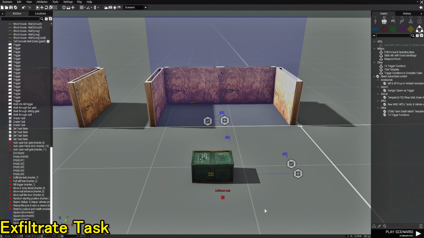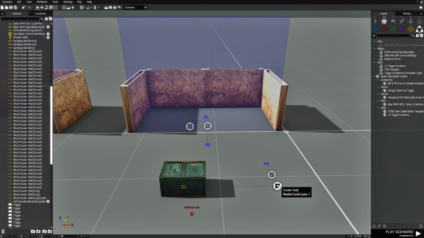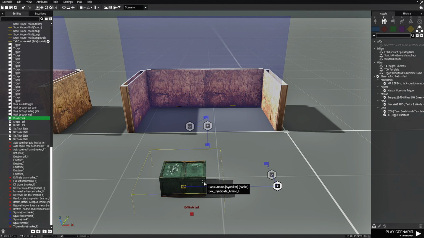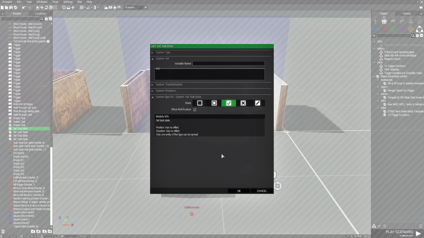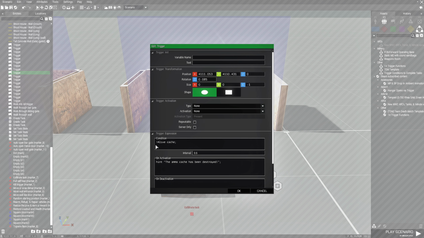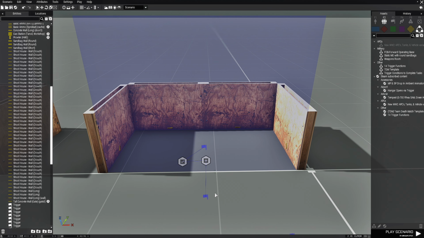This next one is an exfil task. I have an ammo box named cache. We have a task, and this task is to destroy the ammo cache. This object is synchronized to the ammo box. Then we have set task status succeeded. There is a trigger to check to see if the cache is still alive, and then you'll get a hint once you destroy it. Now this is just a basic task, nothing special to it, but here is the exfil